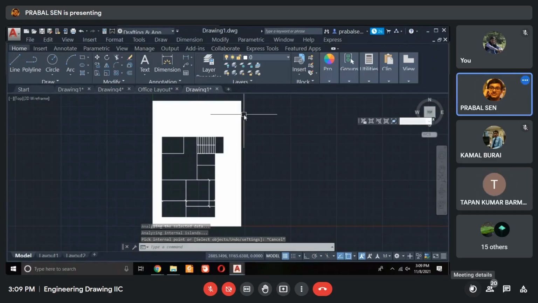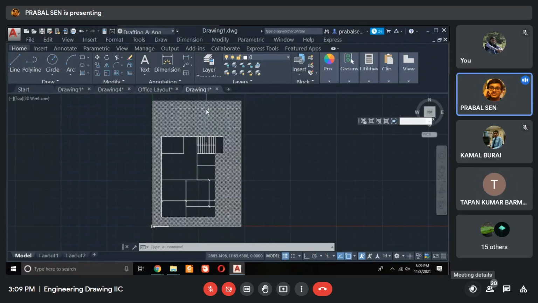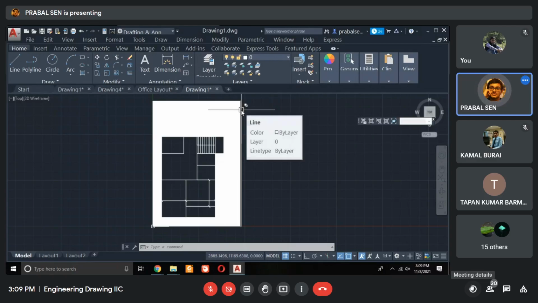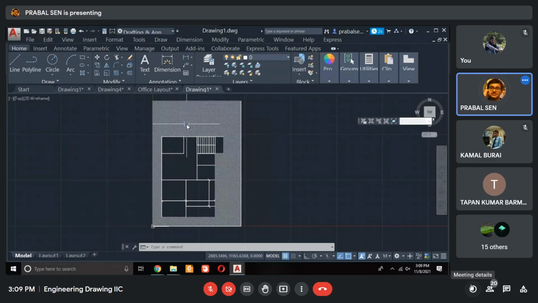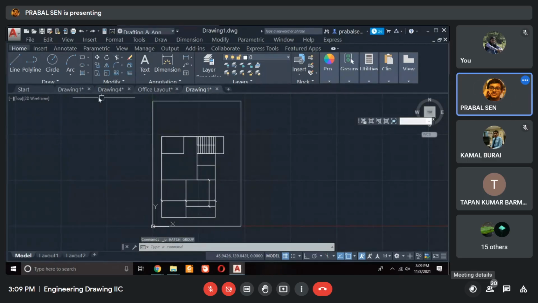When I am trying to trim a line, the trimming is not properly done. Some extensions are kept.